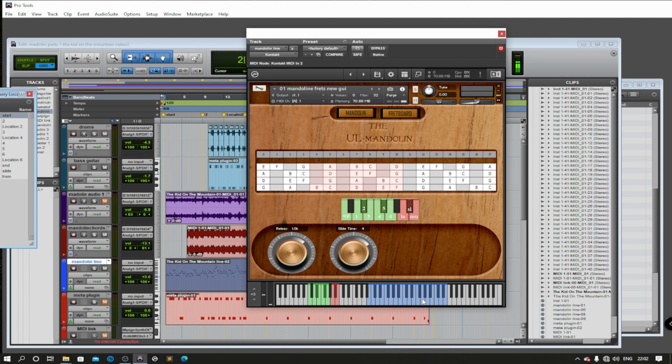And it will help us see how the chords are represented on the mandolin. It's better than if we play only on open strings and we try to mimic the chords. It will not sound the same, because when we play in the ranges, we will basically play with a certain type of sound like the real player would play. Now on the slide time, if we would choose it,